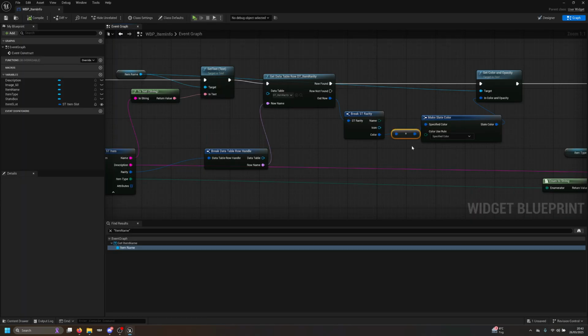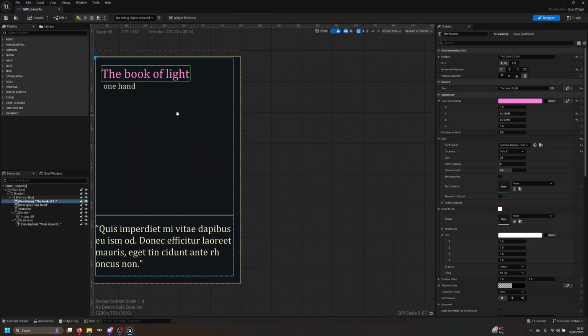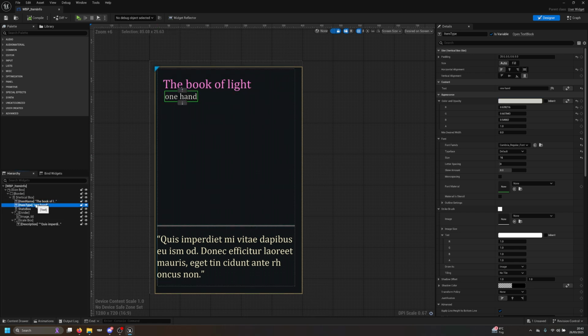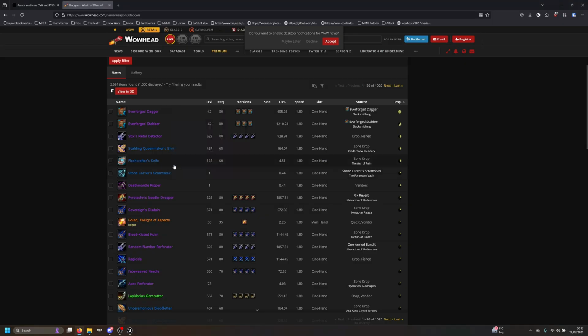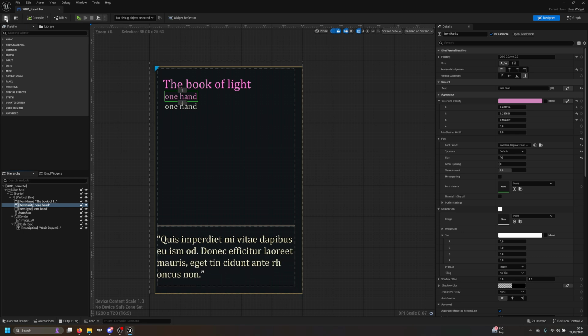What I'm going to do is go back right here, and then underneath, I'm just going to copy and paste. I'm going to call this one item rarity, right? Item rarity. And in that one, it's always purple, right? So what we can actually do for the item rarity